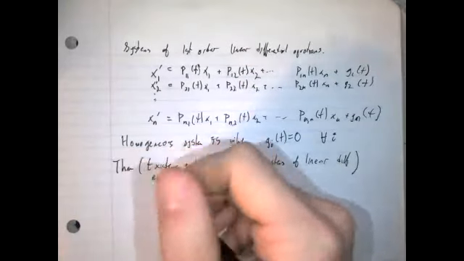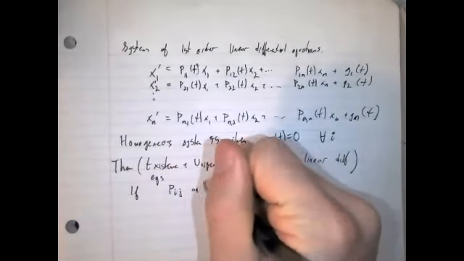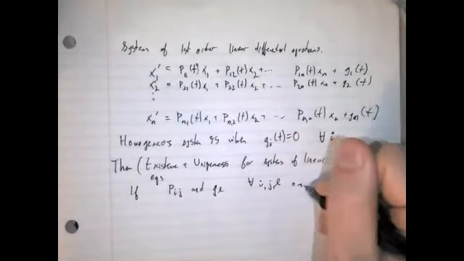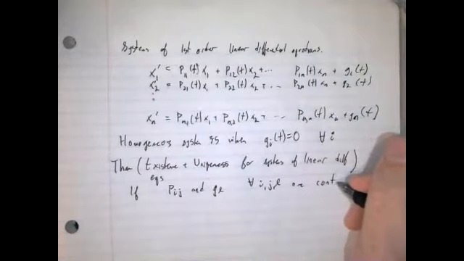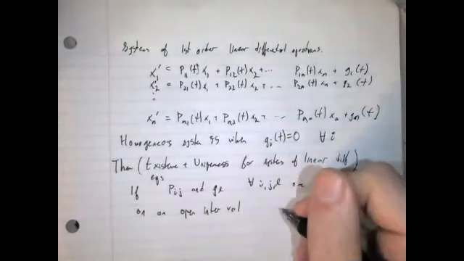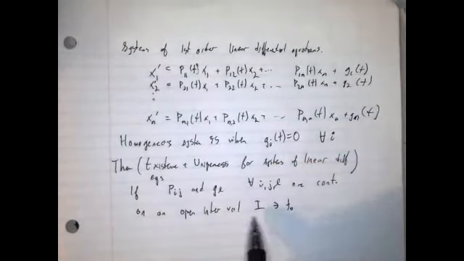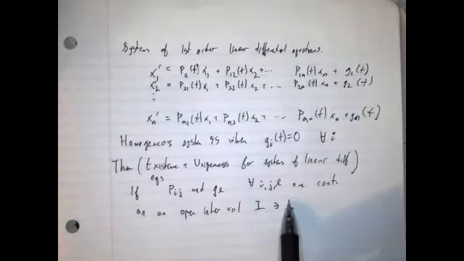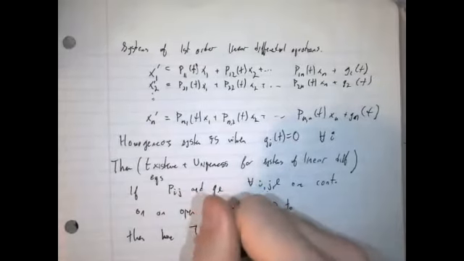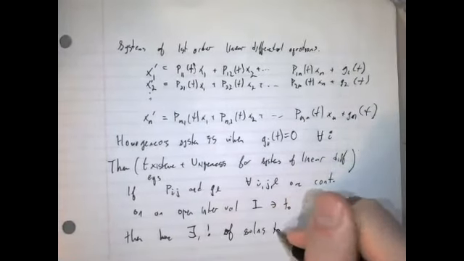First of all, if the Pij and the gl for all i, j, and l are continuous on an open interval, let's call it I, with t naught contained in I, right? So some open interval containing my initial time, then we have existence and uniqueness of solutions to the IVP